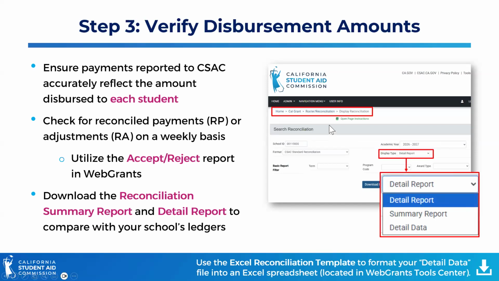Oh, and there's another pop-up here. So you can actually select the specific type of reconciliation report you want to use right here. So you will start with the summary report. Once you identify, for example, that it's the Cal Grant B Access funds that had a discrepancy, you would